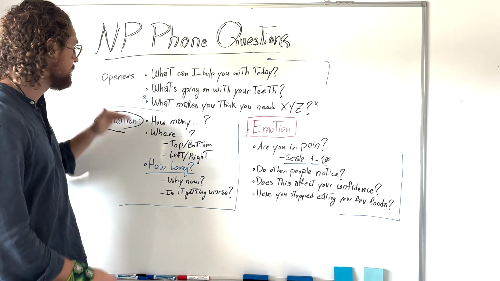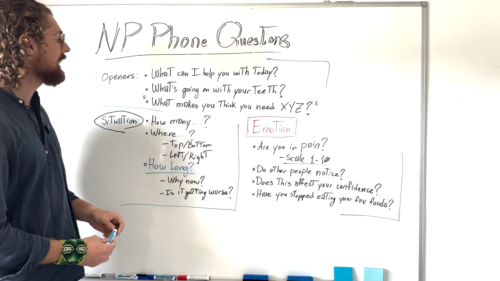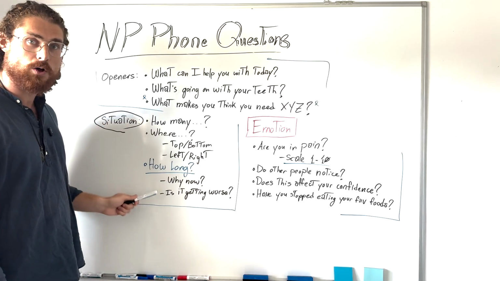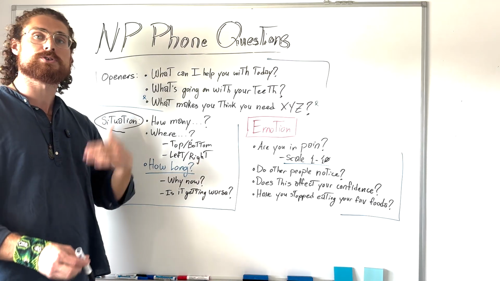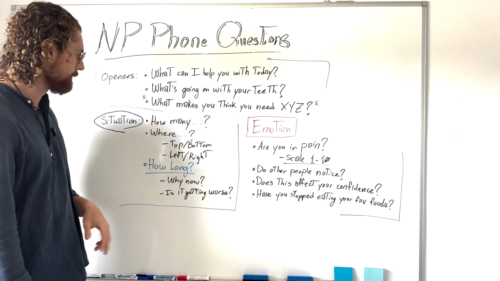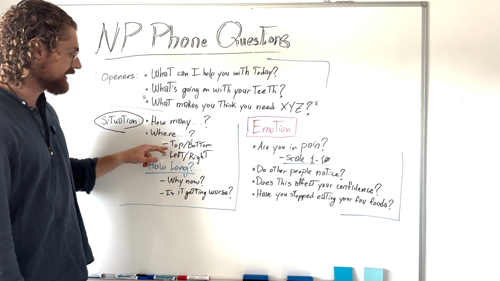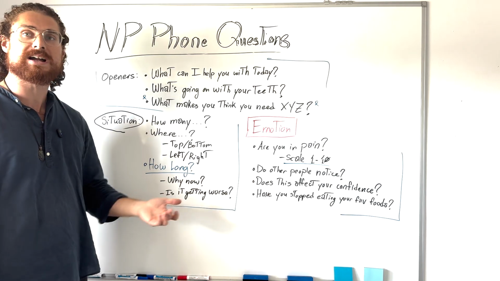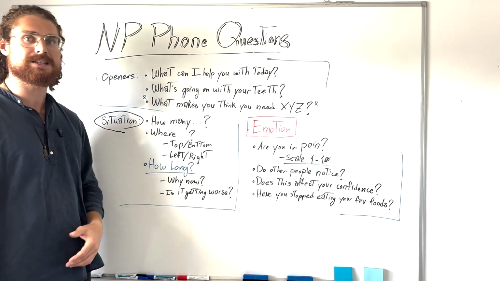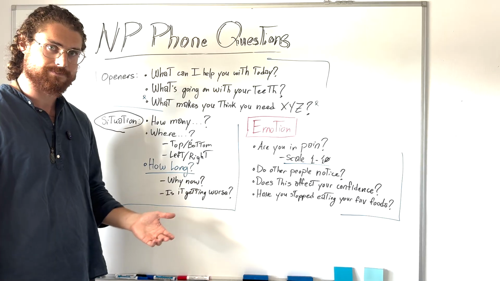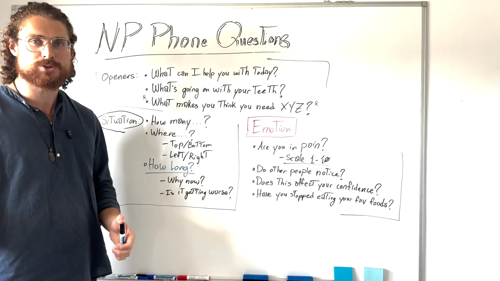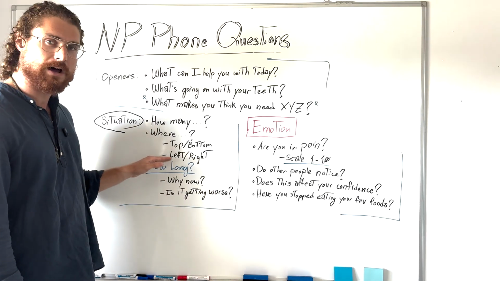By the way, if you're not taking notes, if you don't have a script, I highly encourage you to write these down and put them on a sheet of paper so that you're always asking patients on the phone. Next question: where? Where in your mouth? Is it on the top, the bottom, the left, the right? We want to find out. If the patient says, I'm missing teeth, where are those missing teeth? Obviously not in the trash somewhere. But where in your mouth are you missing teeth?